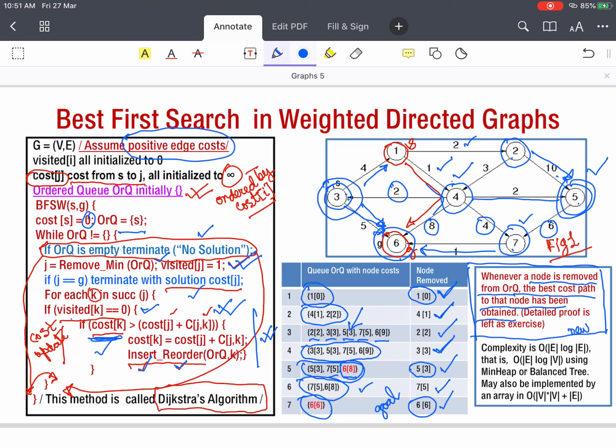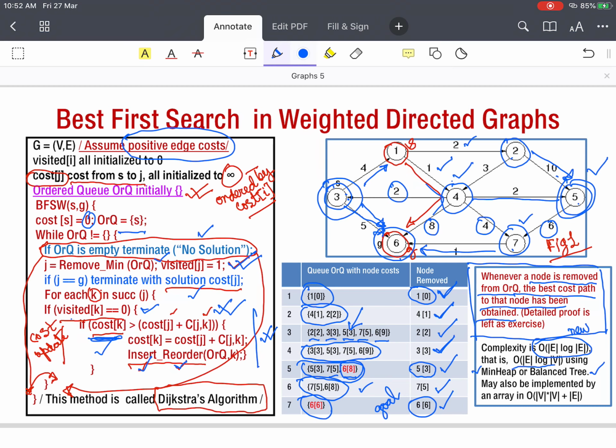So any balanced tree data structure or a min heap data structure which has got the insert, the reorder, which is equivalent to delete and insert, and a min removal, and each of them takes order log n steps. We do it for every edge at most once. Therefore, it is an order E log E algorithm,